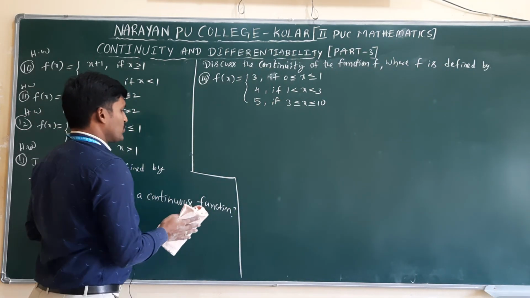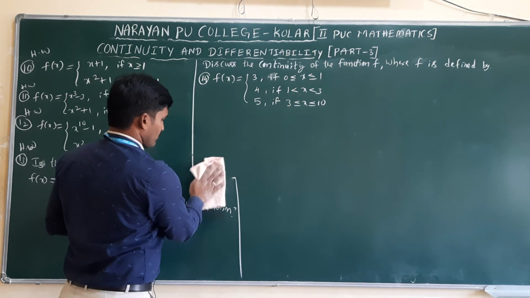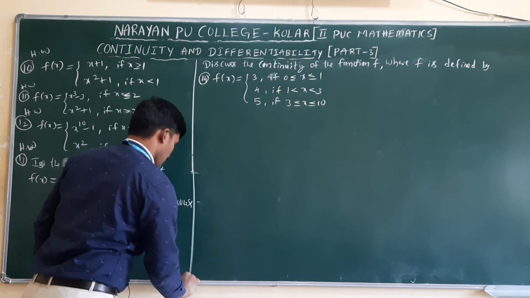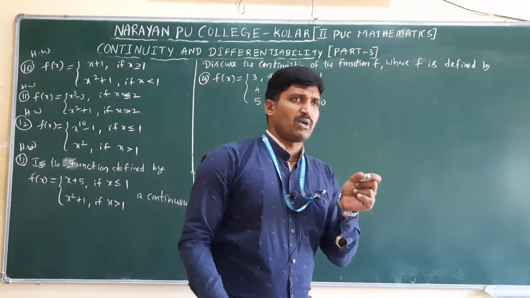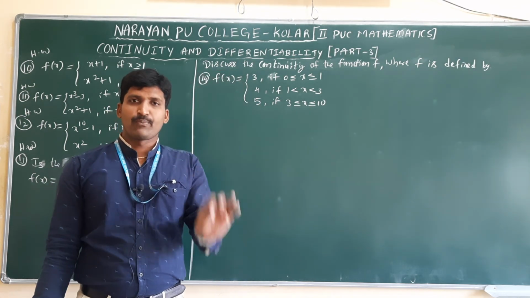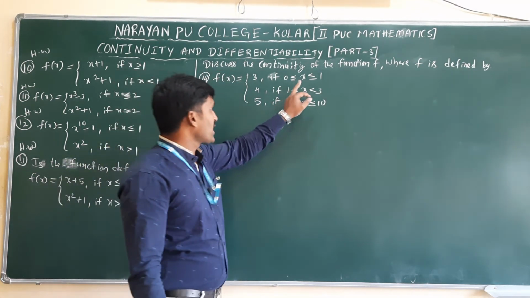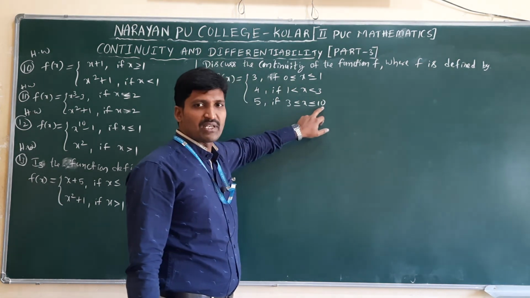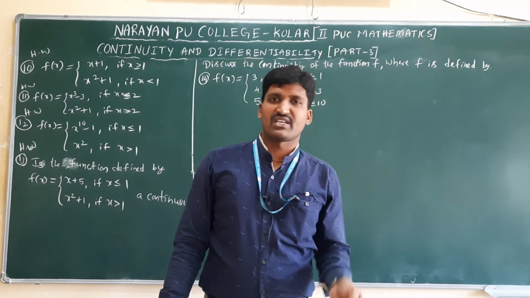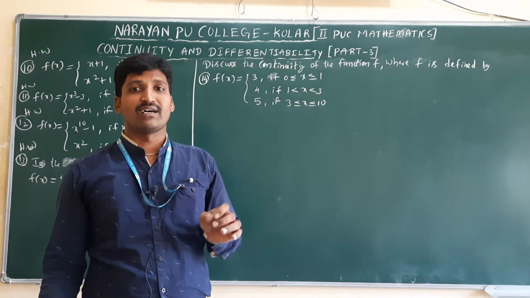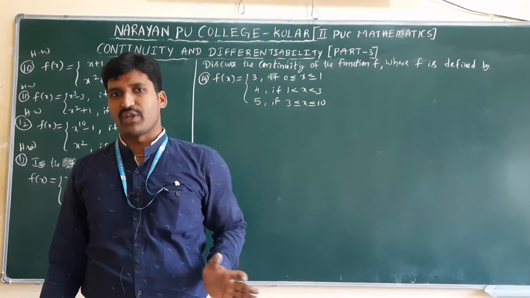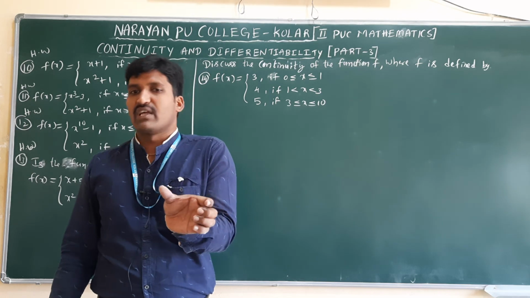Now what we need to do here: we already gave one statement, the continuity in the closed interval a comma b at the extreme points is always continuous. Which are the extreme points here? 0 and 10. That means at 0 and 10 separately there is no need to verify whether it is continuous or not. Every function f is always continuous at the end points of a closed interval a comma b. We need to check the continuity in between the values.